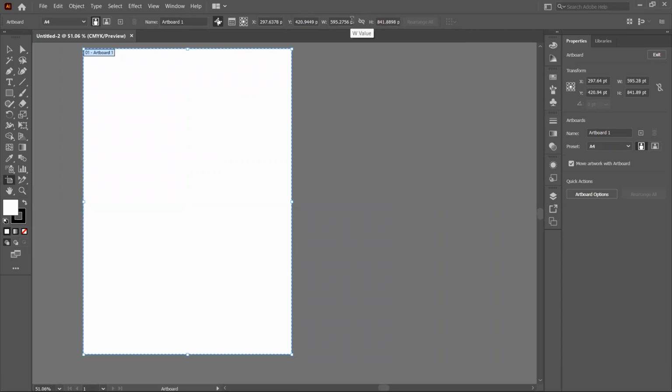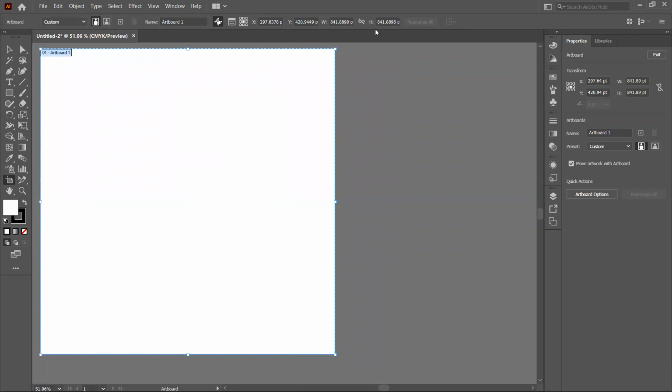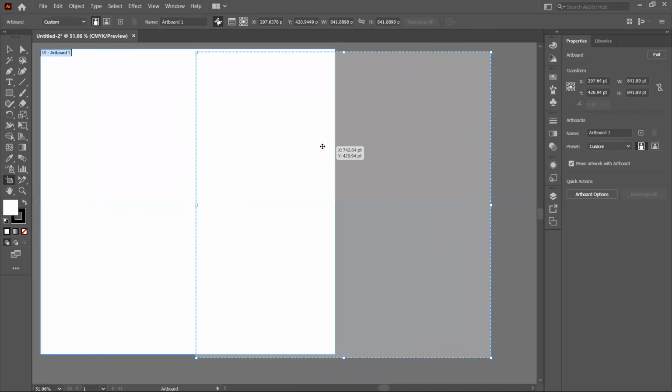And then this is in pixels, right? So I have this here that is 595.2756, right? And then we have here also. So if I go with this one here, let me highlight this and then change it to the same one as I have in here. So I have 841.8898. So yes, once I hit enter, you can see now it's giving me that's an A4 page size. So with the artboard tool, we are able to resize our artboard,